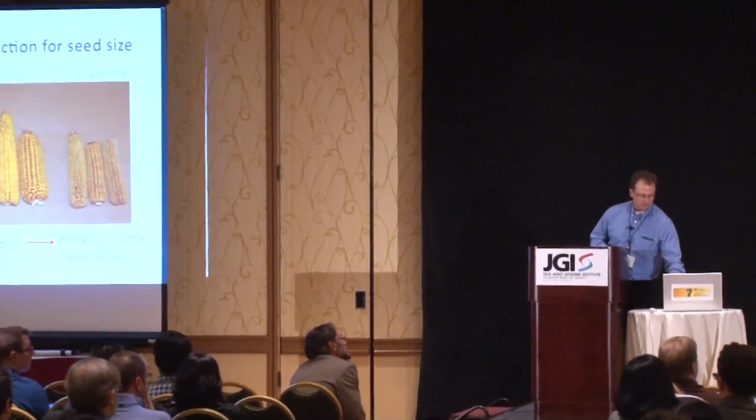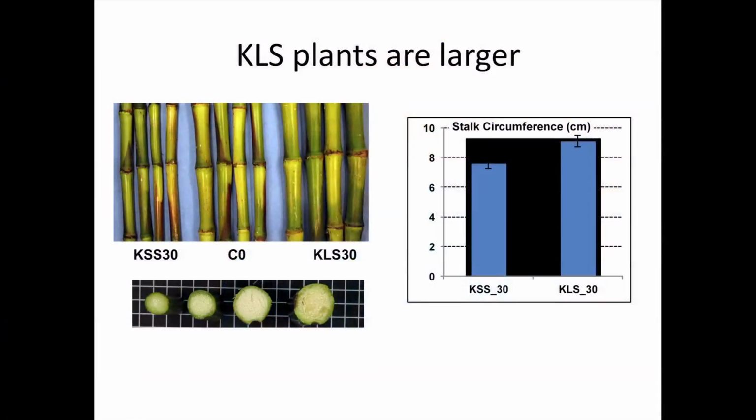So there's a dramatic difference in the phenotype, almost a five-fold increase or 5-fold difference between the cycles of selection. In total, there's 60 cycles of selection since it was a divergent selection project for large and small seeds. We were particularly interested in this as well because in the large seeded population especially, the plants are much larger. Stalks are larger, leaves are larger, and so there seems to be a relationship between the selection for seed weight